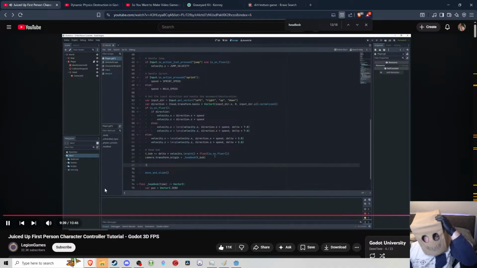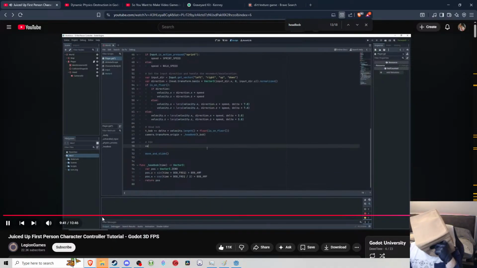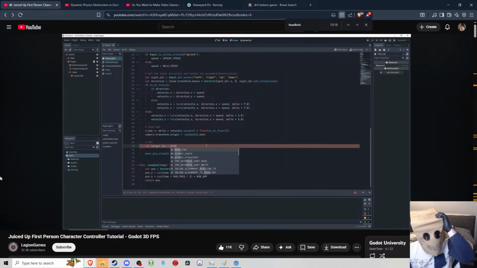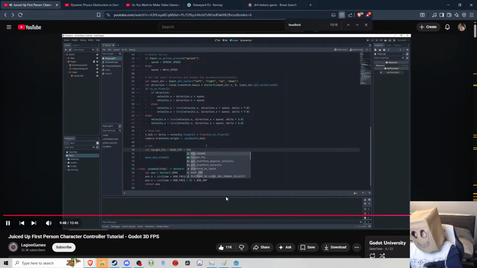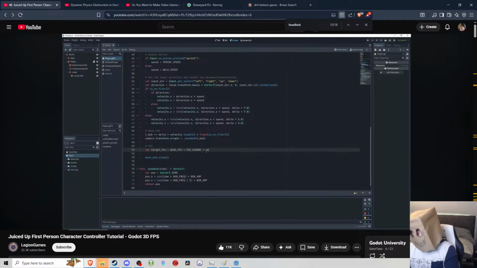In the physics process, we will be setting a local target FOV variable to this equation, which is base FOV plus FOV change multiplied by velocity clamp. The reason why we want to clamp our velocity is to make sure that our